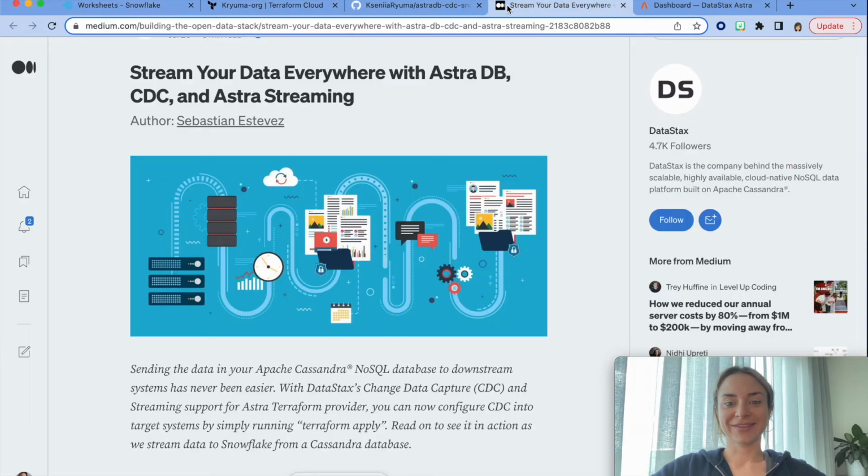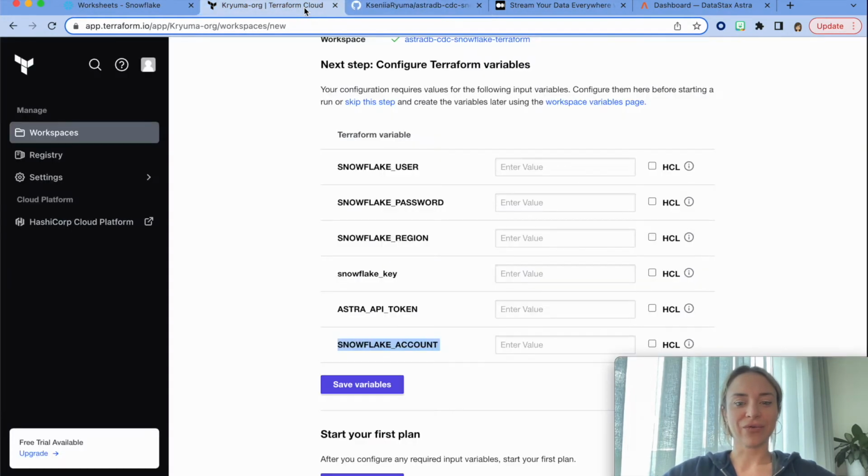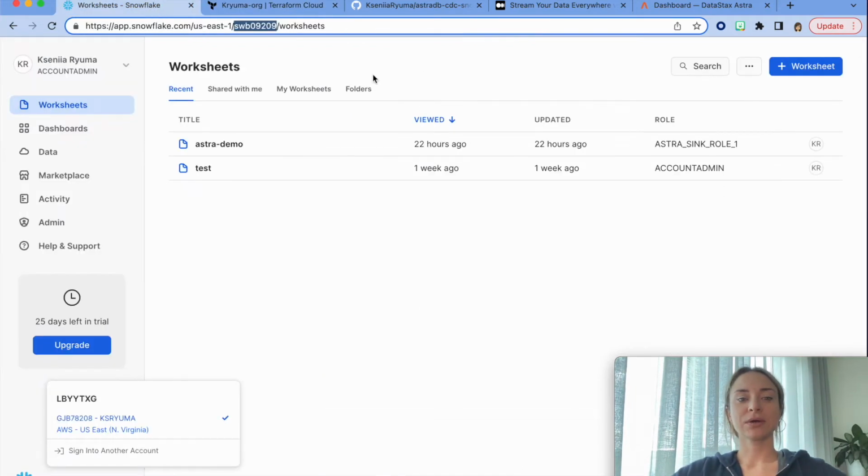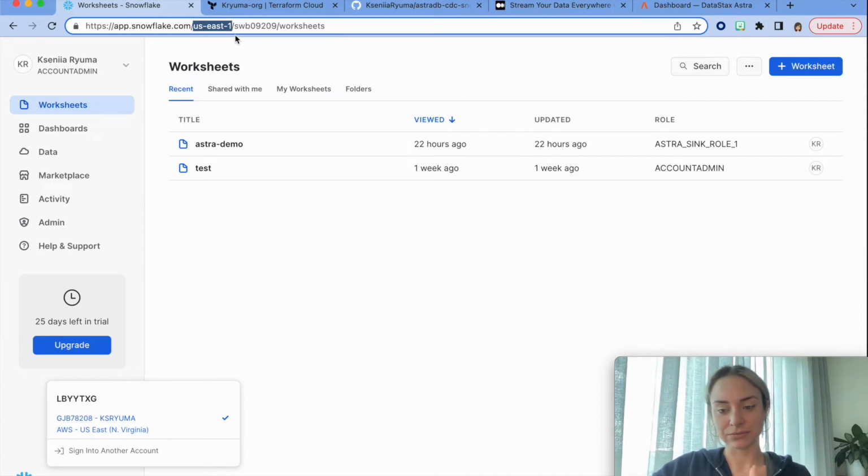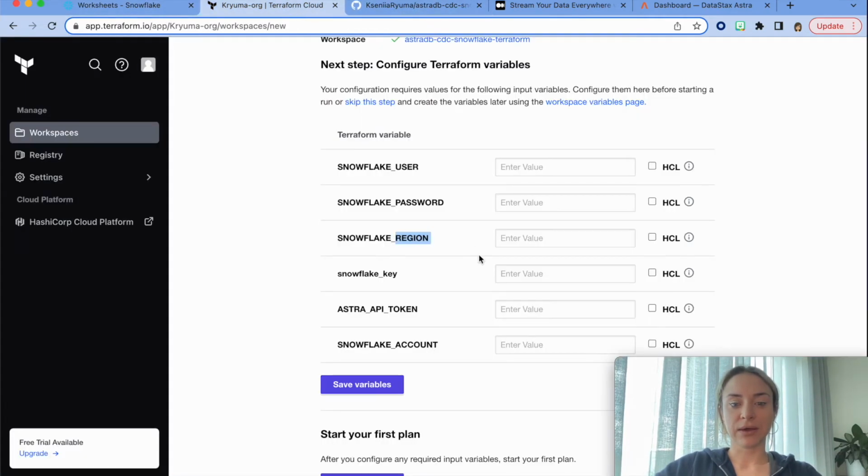Then the tricky part of finding the region or specifying it in the right form. So here I provisioned my Snowflake in US East 1. And if you have the same region on AWS, use the same format, just place US-EAST-1. If you happen to provision in a different region, you might need to specify